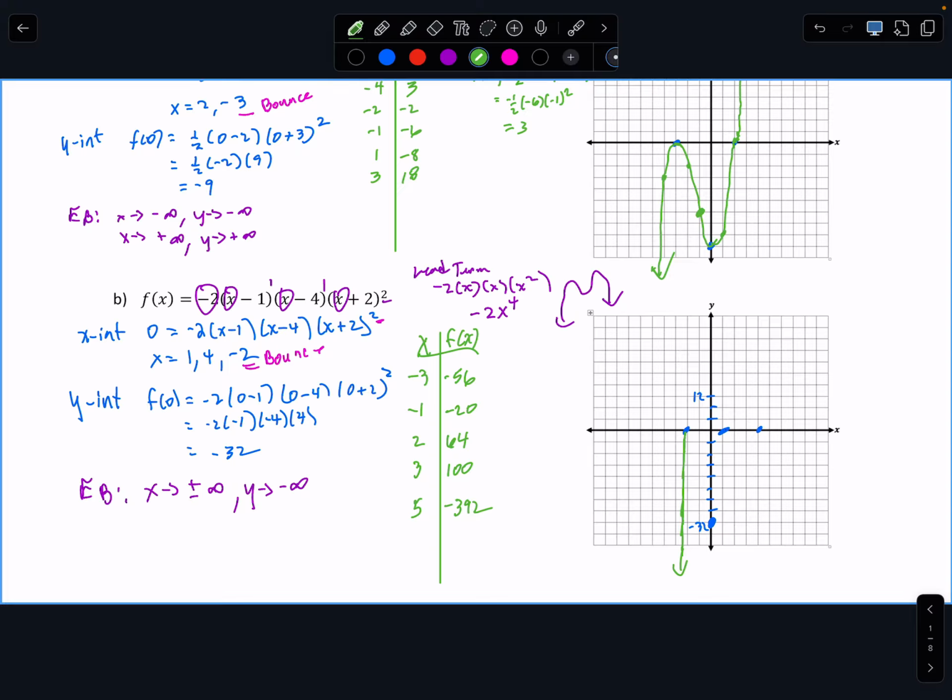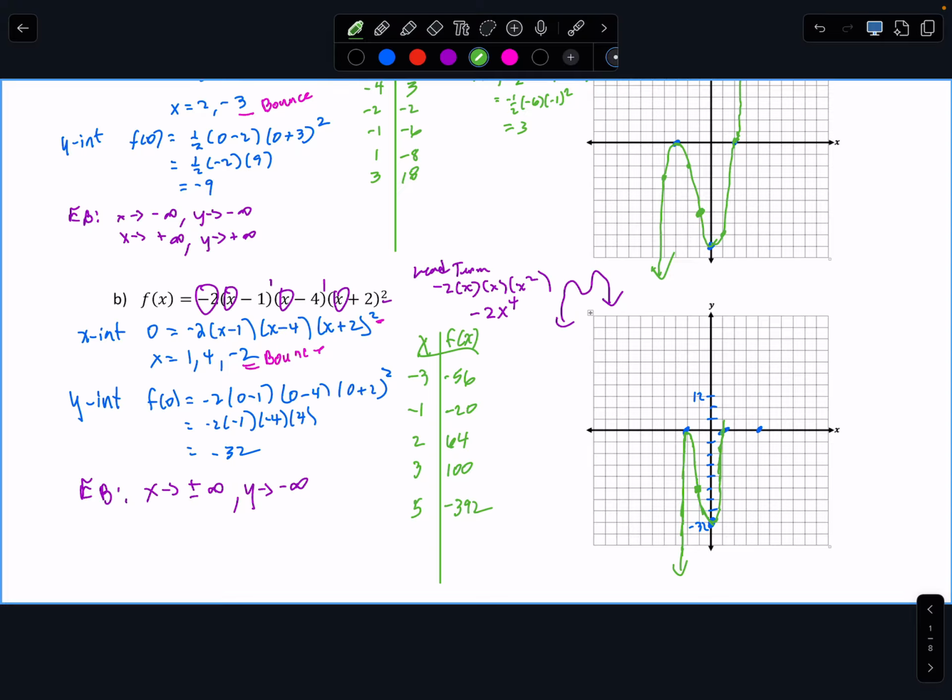And then remember at negative 2 you have a bounce. From there you're going to bounce, and at negative 1 you're at negative 20. So 4, 8, 12, 16, 20 is right there. So you're going to bounce, go through 32,